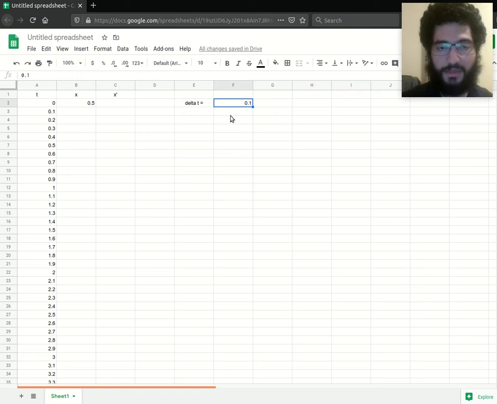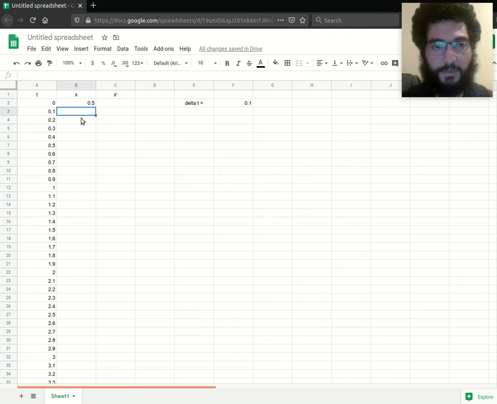Okay, so let me start with it at 0.1. Now, how does x change? So the way the Euler step works is that each value of x is going to depend on the previous value of x and the previous value of t and the previous x prime. So it's going to be